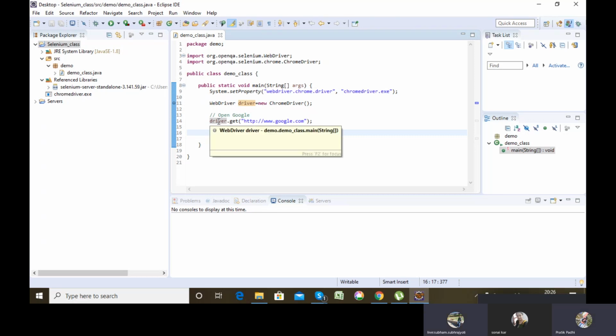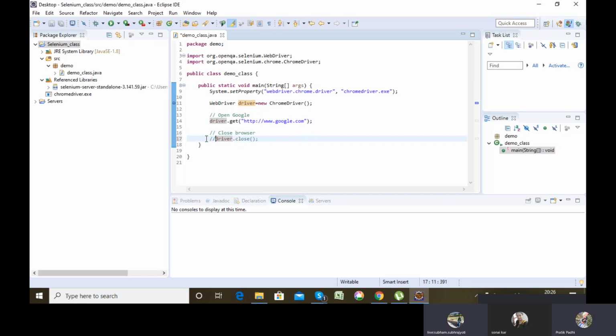Got my point? So here it will be driver.get and we'll be passing the URL. What it will do in this particular program is it will open an instance of Chrome driver, where it will open a Chrome, pass this particular URL and open it.